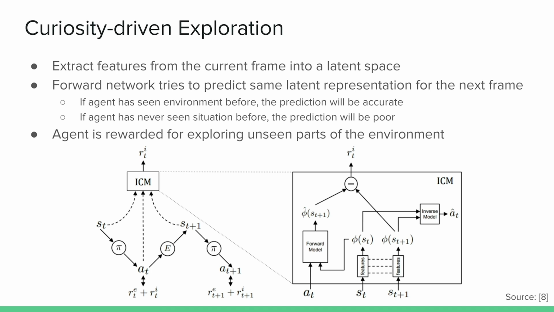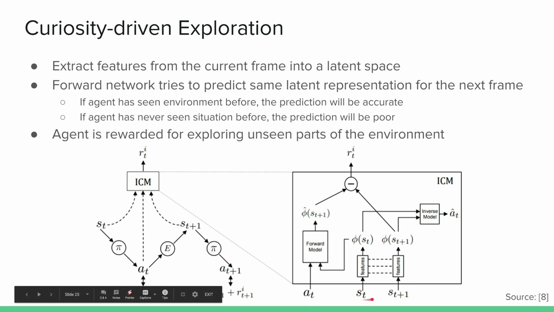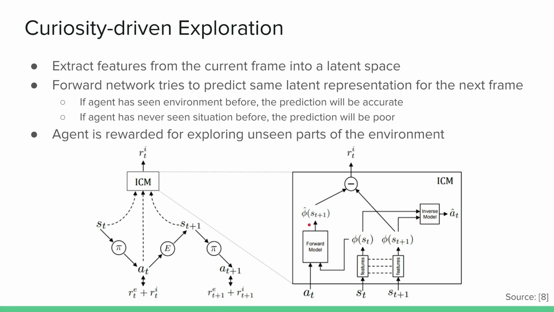So let's take a look at the figure. That is our agent here. We have a policy, which takes an action, and we move into the next state. And this is the interesting part here. We have the state S at the time step T. We can extract some features. And we have a forward model, which tries to predict, given the representation from the last state and the action that we're taking, the same representation of the next time step. And when we roll out the policy and play the game, we actually know that feature, that representation, as well. And what is the effect of having both this latent space representation of the next state and predicting the same thing? Well,